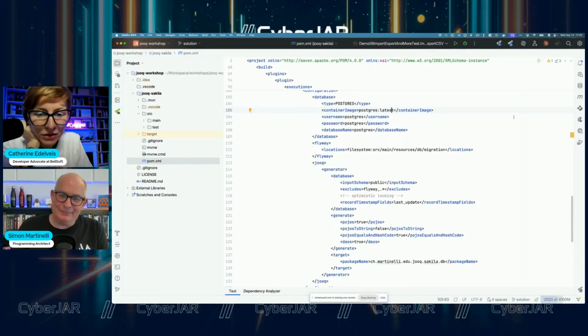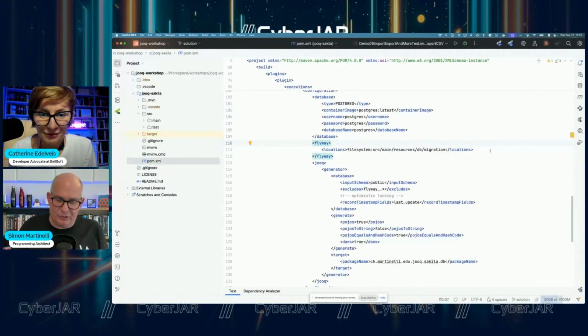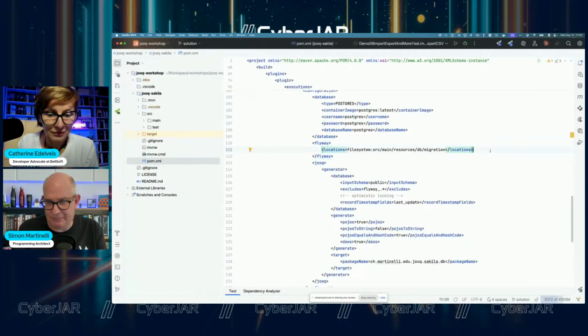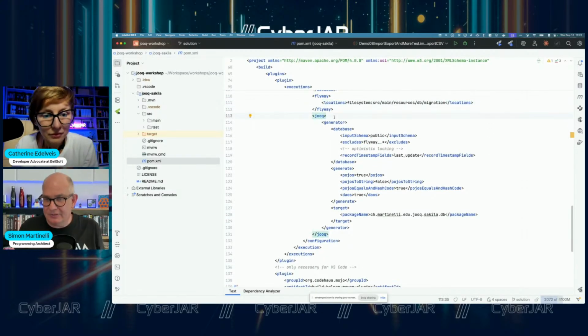So then back to that. We have to configure Flyway. By the way, we don't have to do that. I just add that for the workshop so that people see what really happens, because this is the default location of the Flyway scripts. And then we have the JOOQ generator, and this JOOQ generator uses XML as configuration.